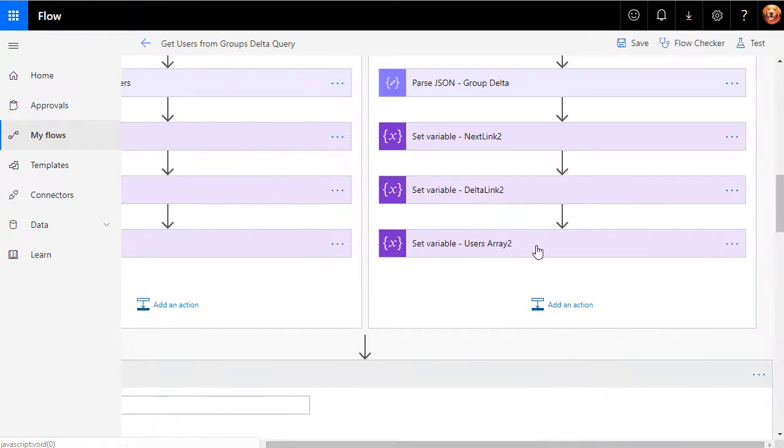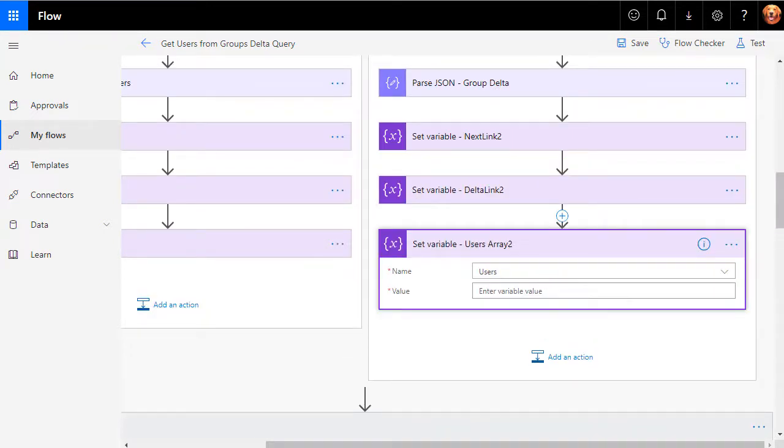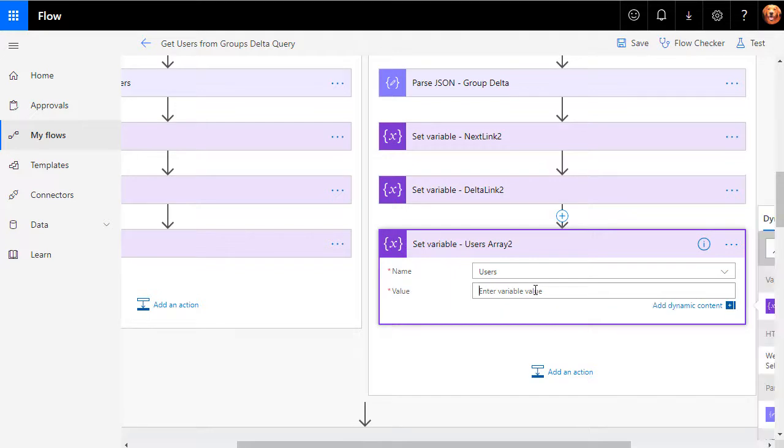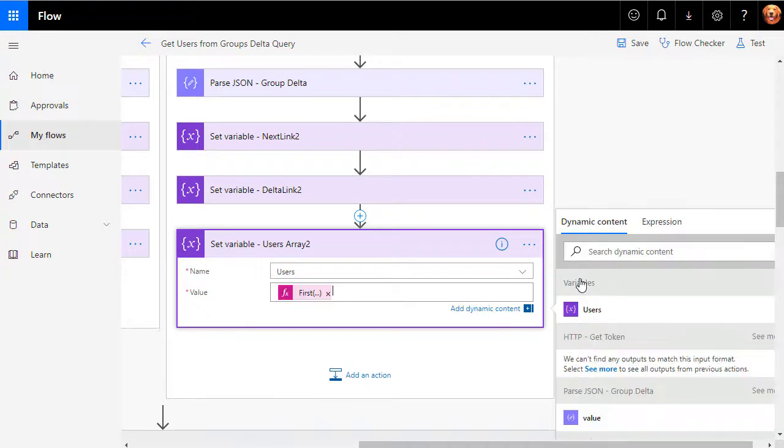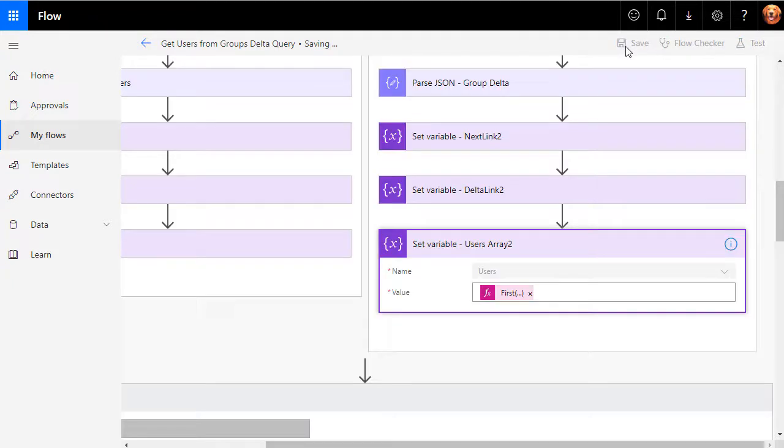And then our users array, you should be familiar with this now, because it's going to be the same as we did before. The only difference is that it references the expression, that is, references the JSON parse group delta. So that's this JSON parse. Once you have all of that done, and it saves successfully,